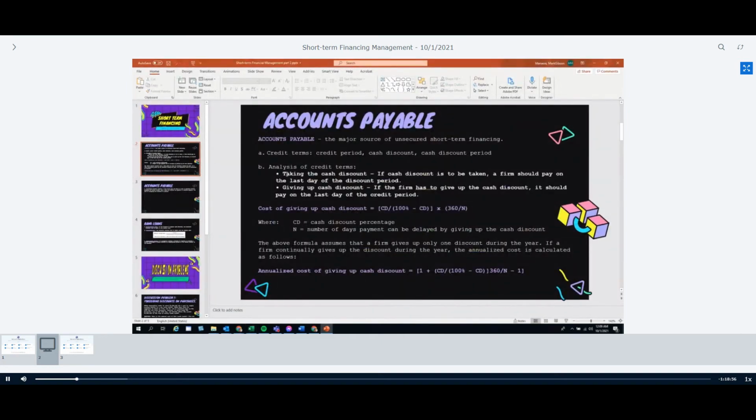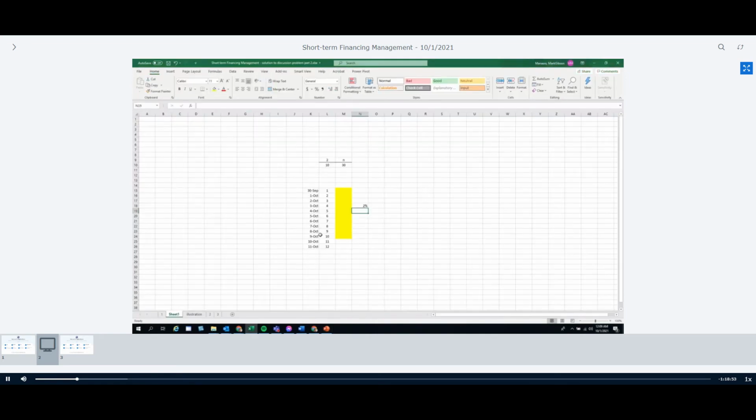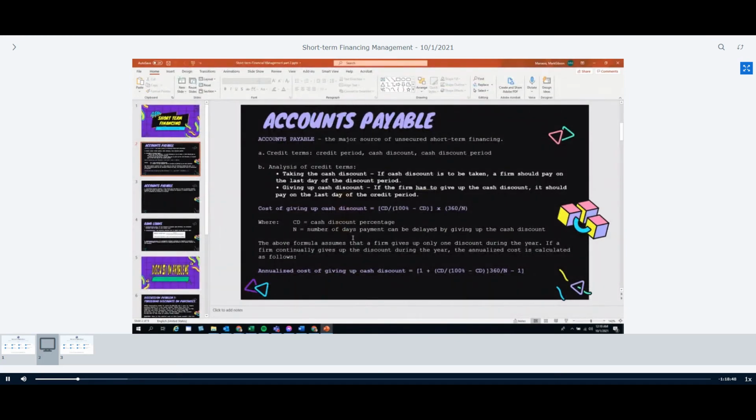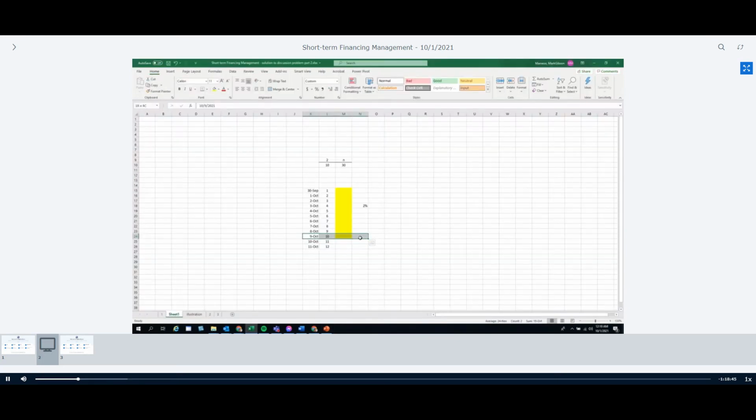So what is this telling us? That if you're going to take the cash discount, you have to pay on the last day of the discount period. The reason is that we're managing our cash flows as well. While this is true that we're now looking into short-term financing management, of course, there's the element of cash flow involved. So in this case, class, in order to maximize also the use of cash,